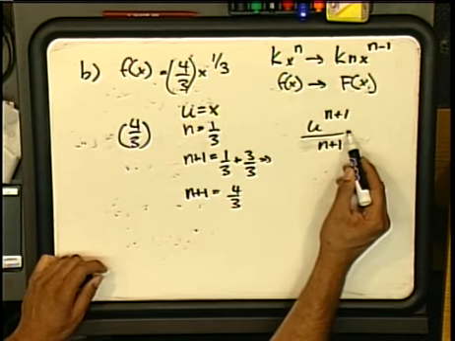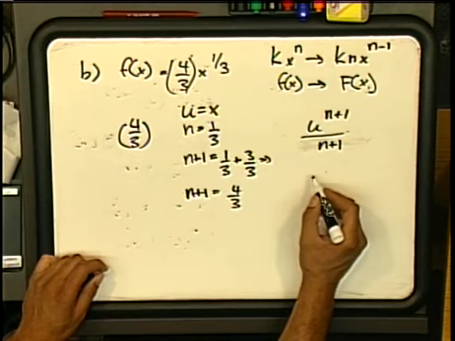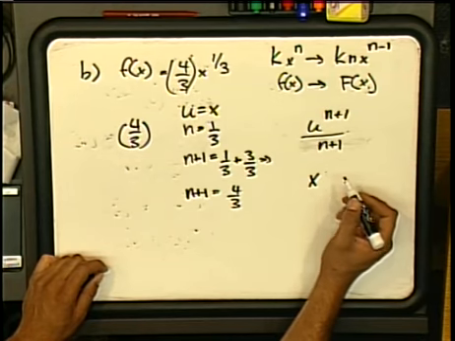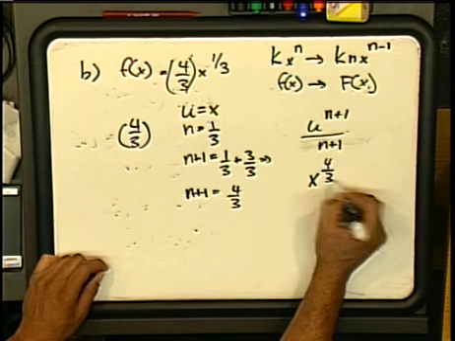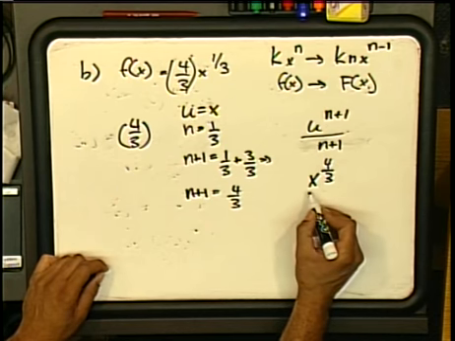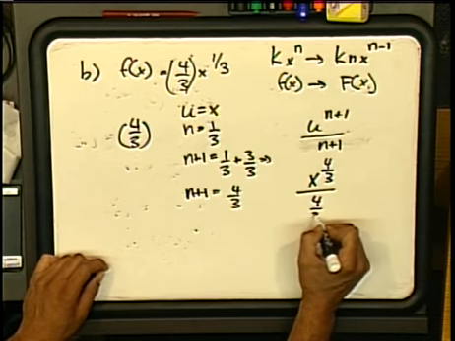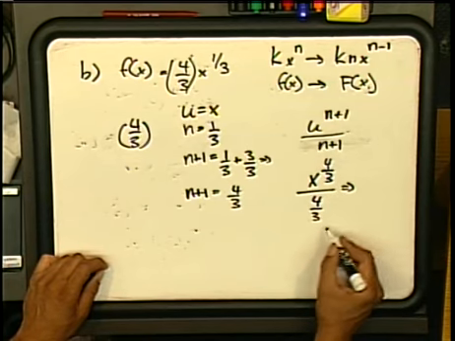Plug into our equation. U equals x, n plus 1 equals 4/3, over 4/3, which can become